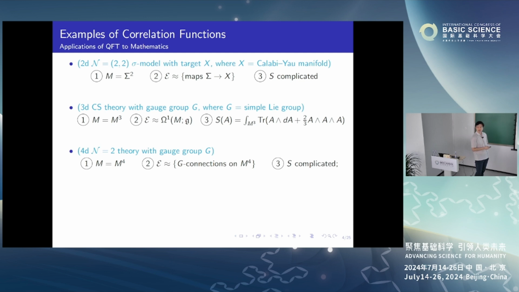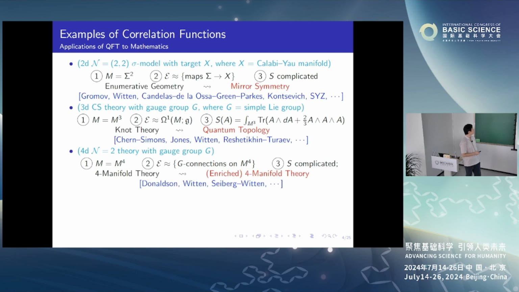And then you can write down the action functional. These names actually determine what kind of space of fields you consider and what kind of functional you consider. It's not important to know what they are for the purpose of this talk. You can just write it down, given the name. But the point is that for mathematics,